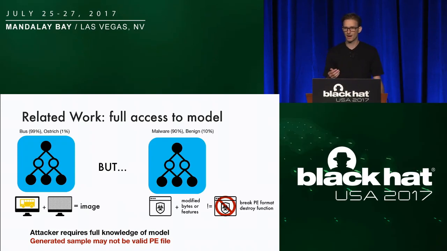for images, I can ask the model, what pixels should I change that would confuse you the most, and I can change those pixels, and lo and behold, after I modify those pixels, the image is still an image, and that's a graceful process. But if I were to now approach a machine learning model and say, what bytes should I change, or what structure of the file should I change, the recommendation it would give me may, at worst, totally break the PE file format, and maybe at best, destroy the malicious content or behavior of that file.